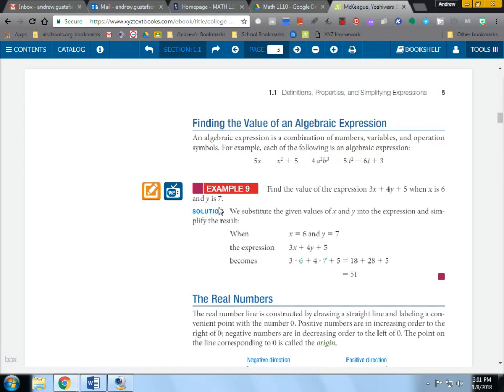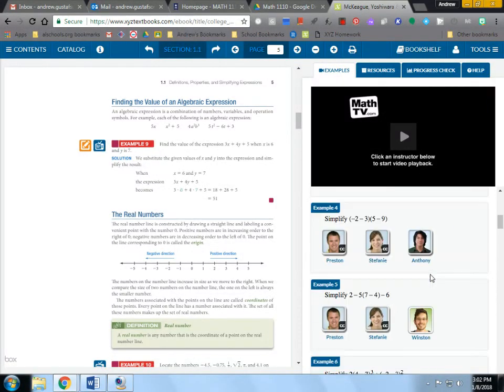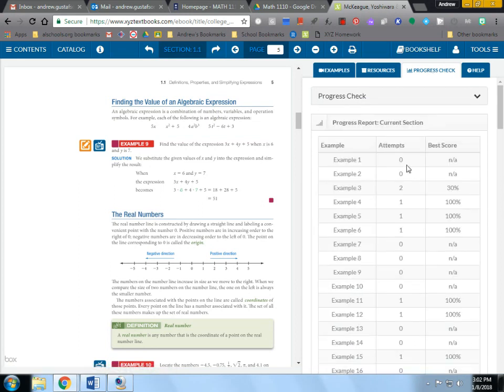So again, that's the online textbook. That is a nice feature of the online piece, being able to do the practice examples over and over again, and the Math TV. Under Tools in the top right-hand corner, again, we have examples, so there's your different video examples. But up here it says Progress Check. This is where you can